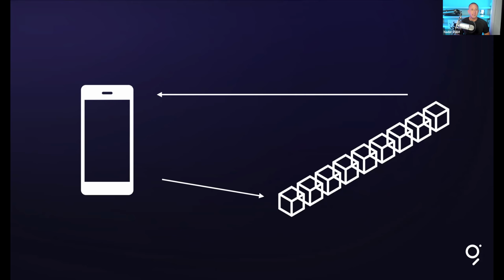So The Graph is an indexing protocol that allows developers to build these APIs that read all this data and index it in a decentralized manner in a peer-to-peer network of nodes. And then developers, once they've deployed those, can open up their API endpoints for any other developer to build out front ends or other applications on top of it.